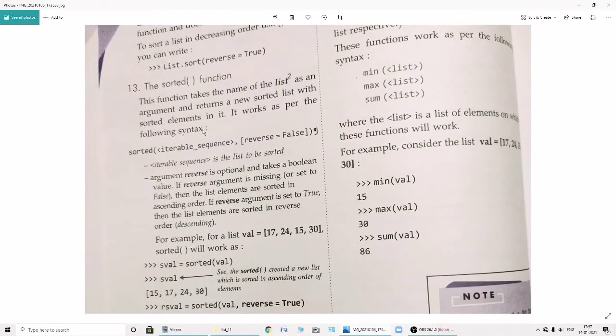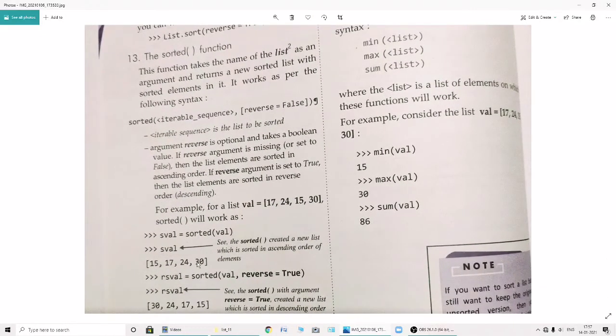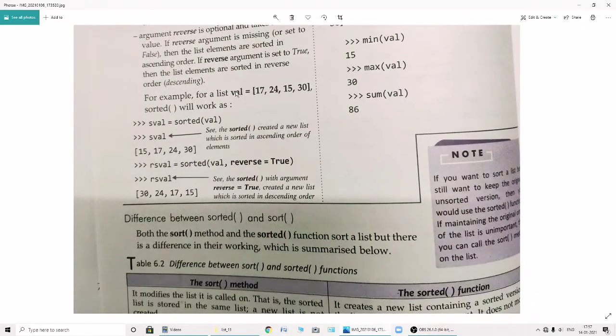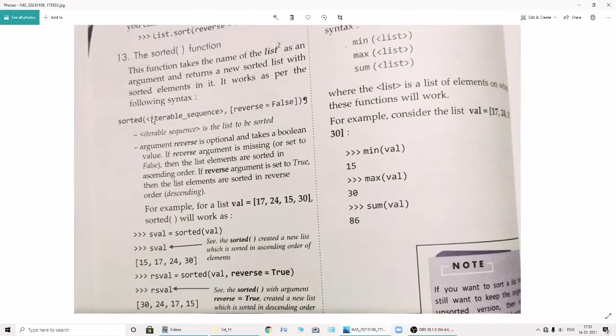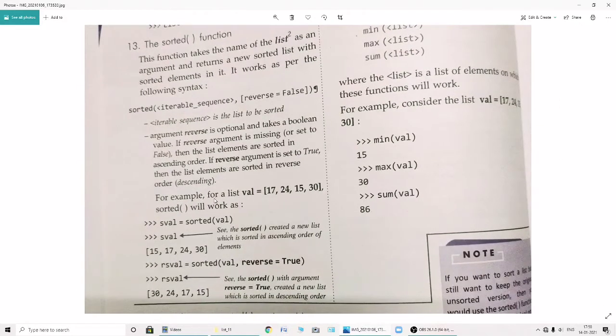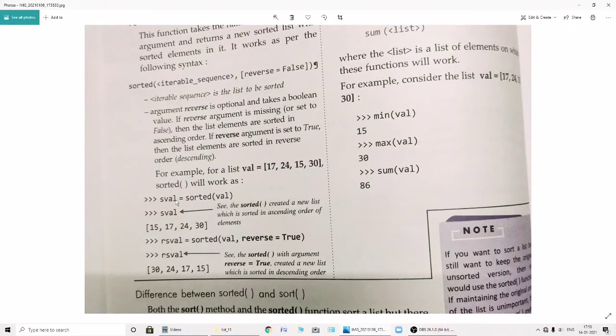Okay, the sorted function is not so much required, but just see here: the function takes the name of the list as an argument and then returns a new sorted list. New sorted list means you can see that this is the name of a variable, and this value will come in sorted form.